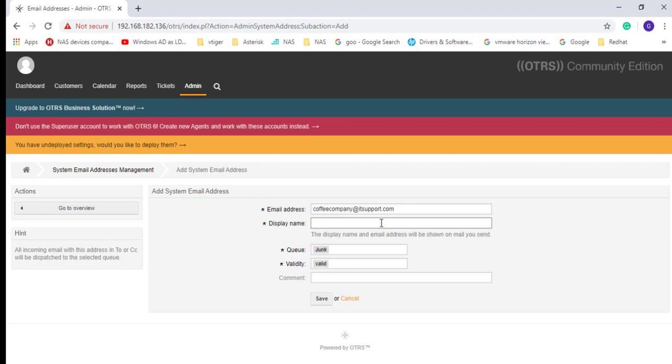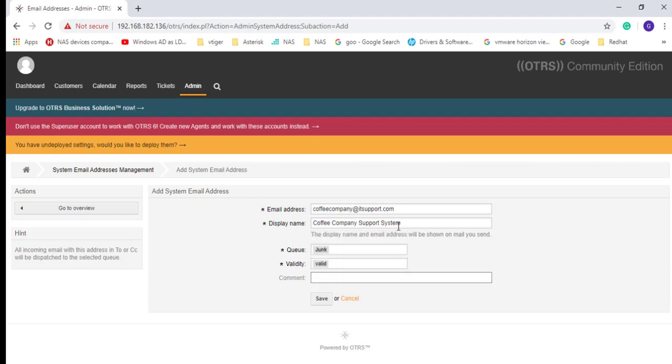What will be the display name when the email is sent from the system? Let's give a name, support system. What will be the queue? We have not created a queue, so we'll keep this setting aside, and this is a valid setting.